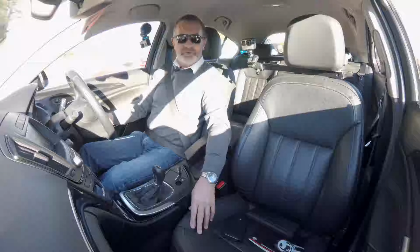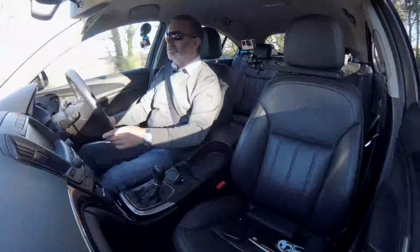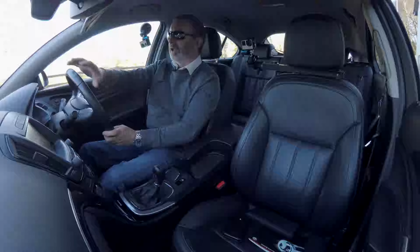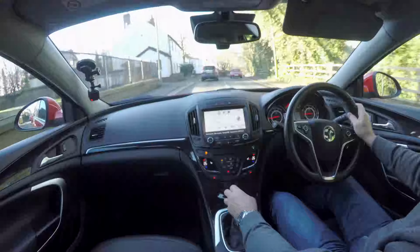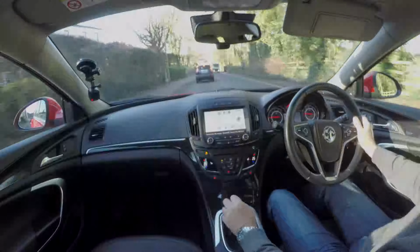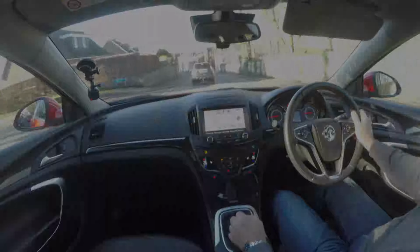And the leather actually feels and probably looks better than in a lot more expensive cars. The finish in the cockpit's really nice. It kind of makes it feel like it wraps around you, all sculpted around the steering wheel and the driver. Parking sensors,